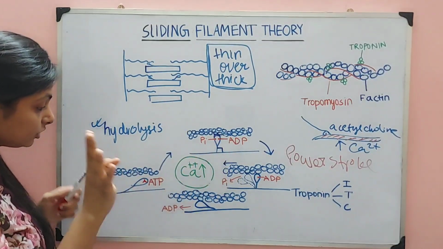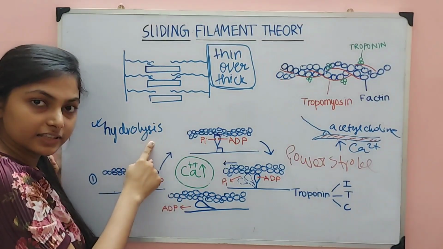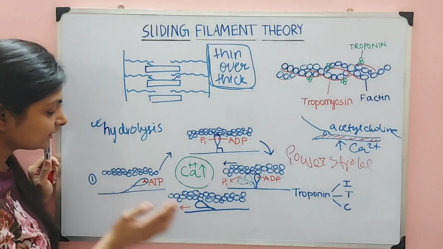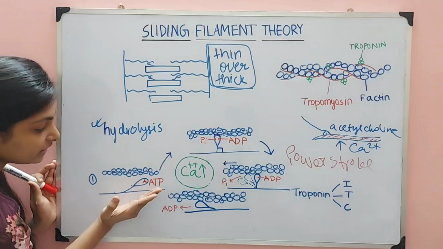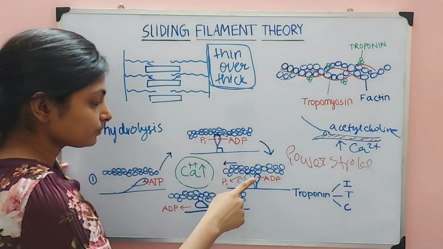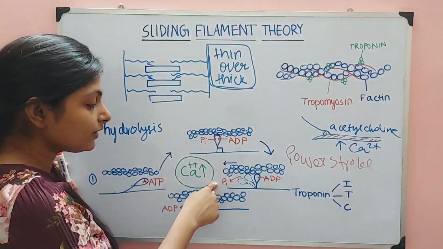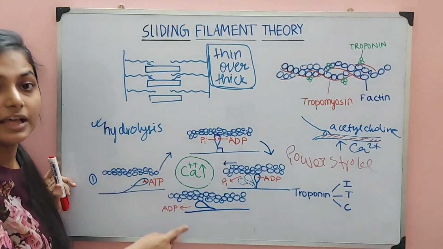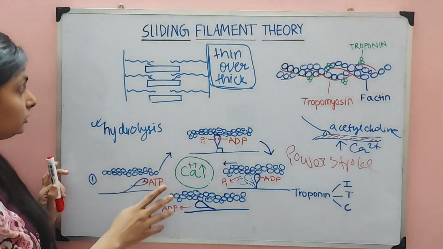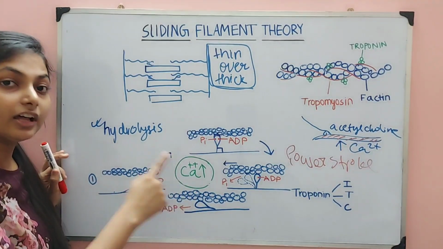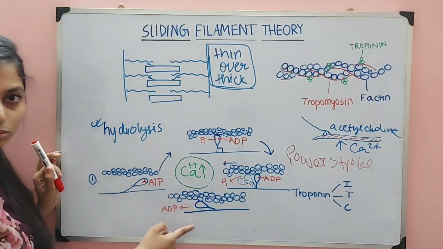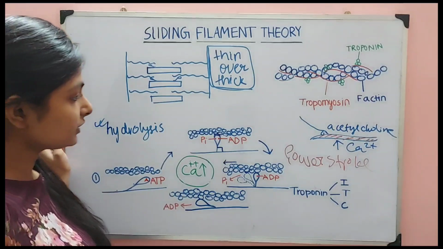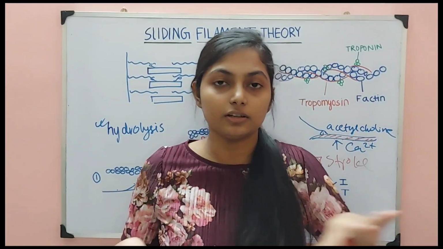So what two things to remember over here. Whenever hydrolysis takes place, the main thing that happens is this myosin, which was at 120 degree, moves to 90 degree. Next, even when the phosphate group and ADP leave myosin, the bond is still there. The bond is broken only and only when a new ATP comes and attaches to this myosin. I hope this is clear. Now we are done with this. I hope everything that I explained is clear.